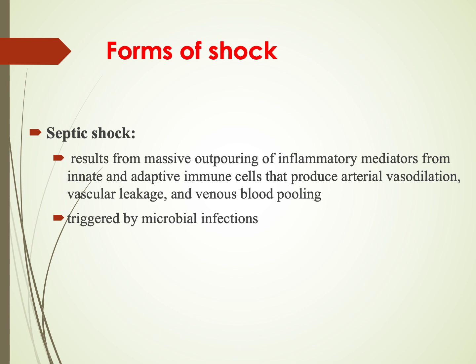These abnormalities may result in tissue hypoperfusion and hypoxia, because we have massive vasodilation and also accumulation of the blood within the venous circulation, so it is not returning to the heart to be pumped to the lungs for oxygenation and then return back to the tissues. This will lead to organ dysfunction, and sometimes, if this is severe and persistent, it may result in organ failure and death.